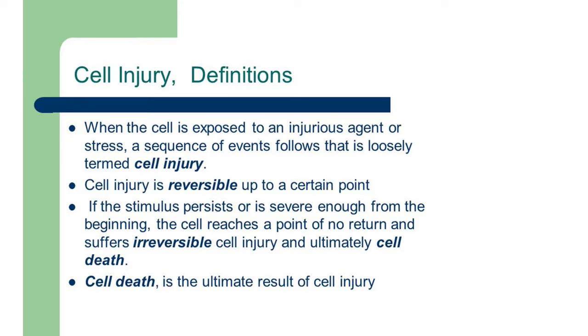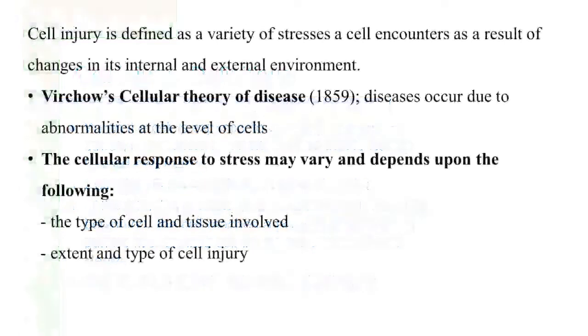So when a cell dies, it gives the other cells extra load to deal with. And if they are also not able to deal with the load and they go through strenuous activity, constraints and extra stresses, they also die. So when they die, you see that all the cells within that specific tissue will die, and so the whole tissue will be affected. If the whole tissue is affected and is also not corrected, an organ becomes affected. If an organ becomes affected and it is also not corrected, an organ system becomes affected, and then the whole body, and then the individual dies.